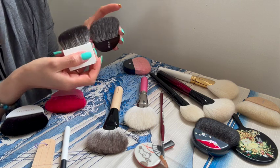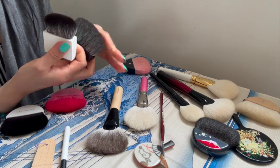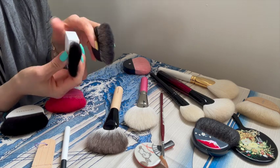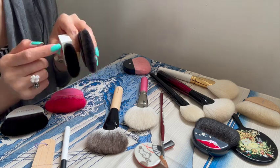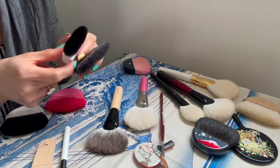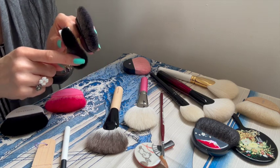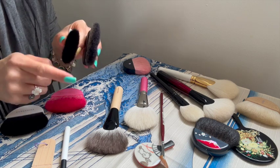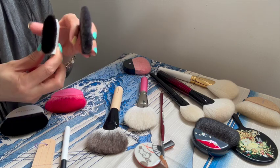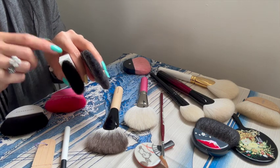And Hakuhodo. So we have two salt and peppers, slightly different shapes, and quite similar in density, but the Koyudo, I would say, is a little bit denser, and the hair a little bit more plush. It may be just me, but I feel as if the softness might be coming from the fact that there might be more squirrel hair, or the way that the brush was bundled,